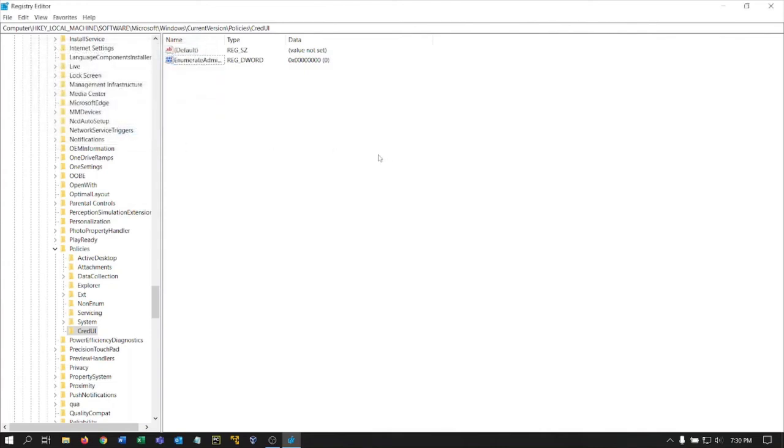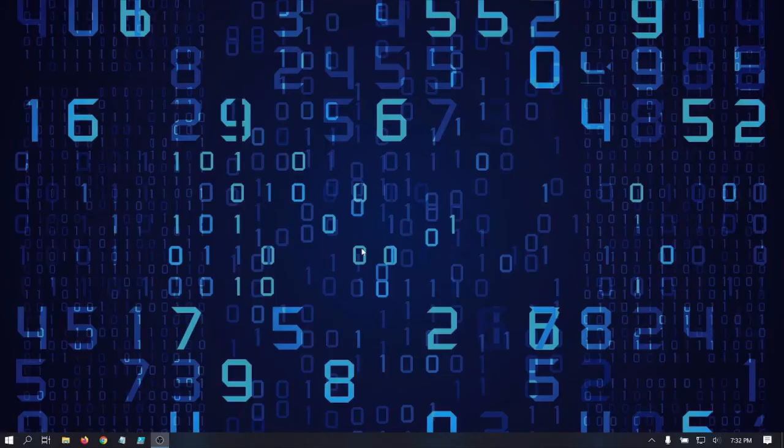All right, now that we have created this new key, I'm going to go ahead and restart my machine and sign back into our standard user account, and we'll see if this worked. Alrighty, so we are back on the standard user account. And so when I try to open up any program as an administrator, I am now presented with this prompt